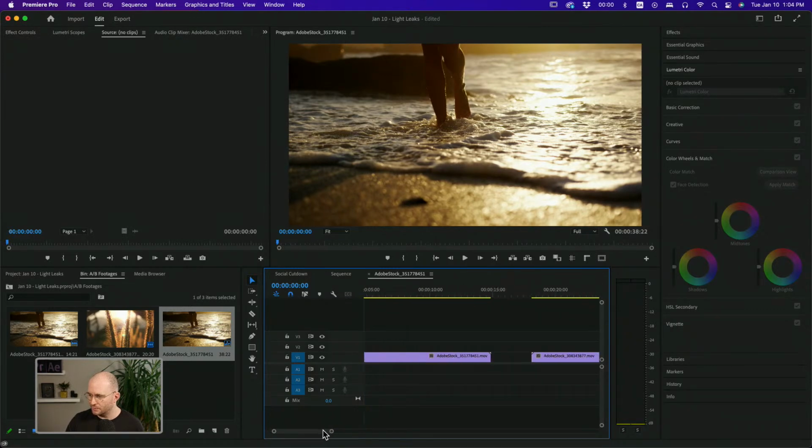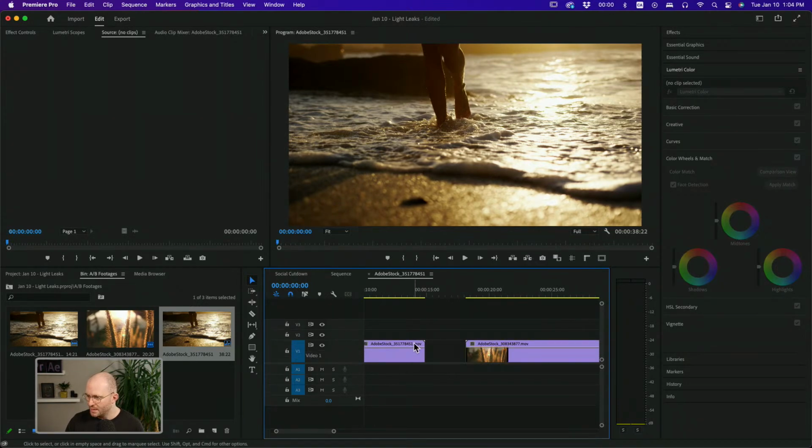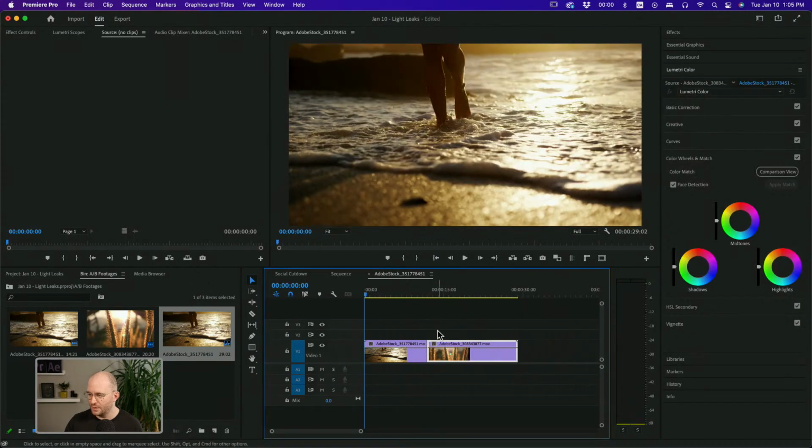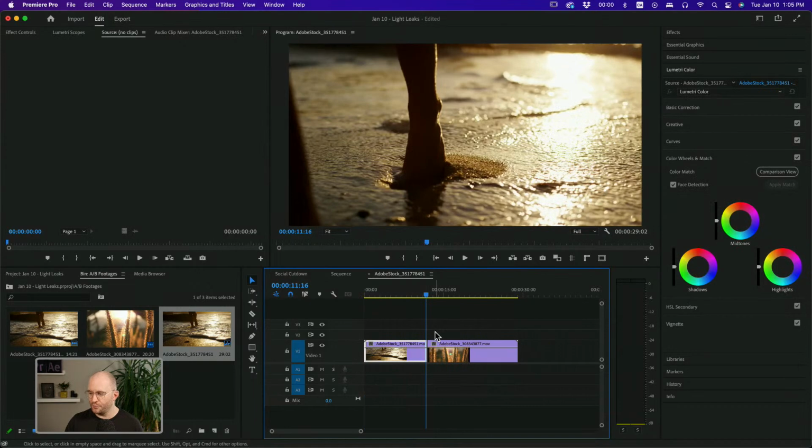Let's really zoom in so we can check that out. And you can see, I'll just extend this up a little bit. There's a little triangle on those saying there's no more footage after this point. So what you want to do is trim these a little bit so that they can intersect with each other. So I'm going to chop this a little bit. I'm going to smash it over this like so that if we were to select these and apply to them